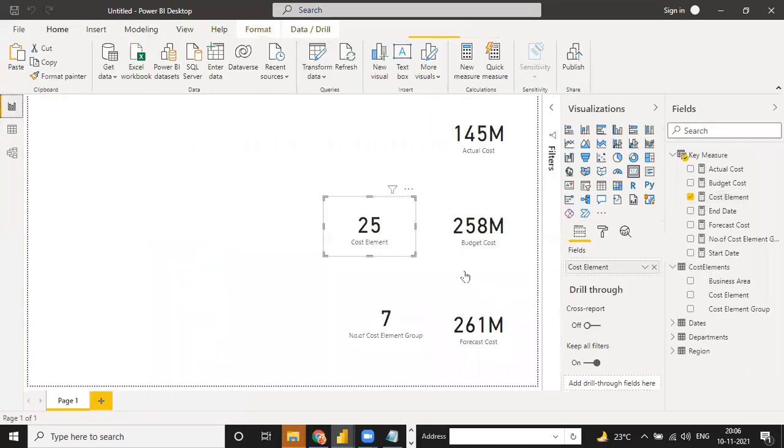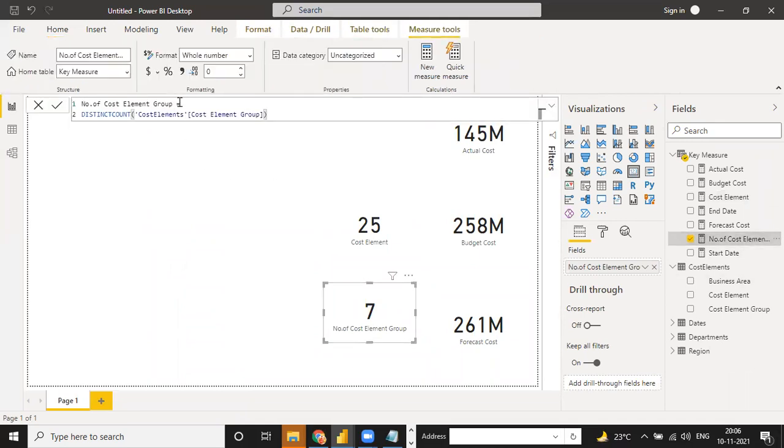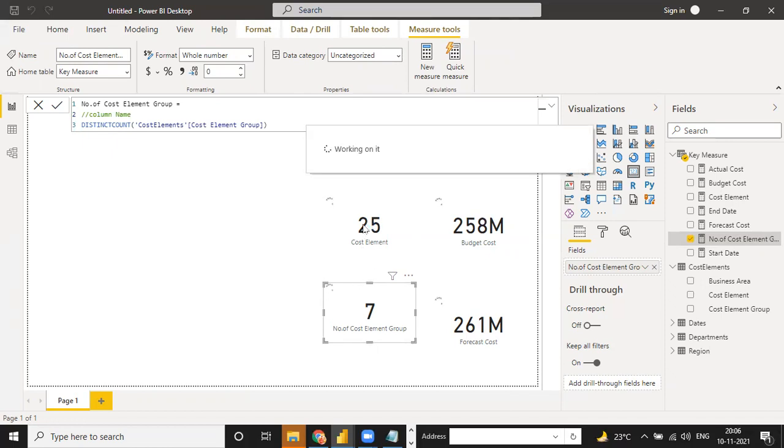Okay, so that is the main difference between count and count rows. Sometimes you can use distinct count like a column name. But count rows and count use the complete table. So that is the main reason.